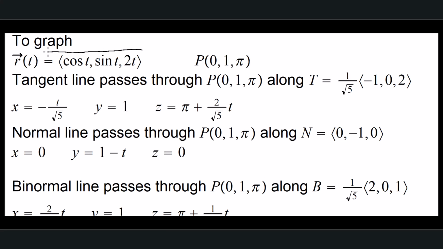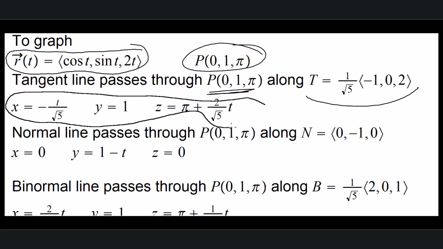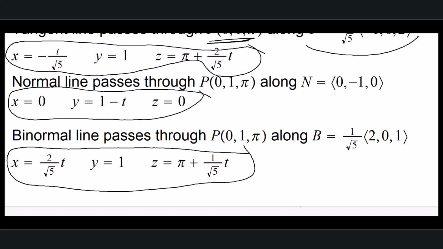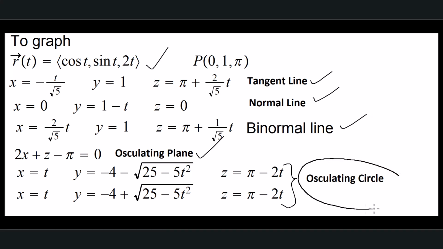So we have to graph the curve, and then the tangent line that passes through this point on the curve and is along this vector. So an equation is this. Likewise, the equation of the normal line is this. And then for the binormal line, we have this equation, and then we have the equations of the osculating plane and osculating circle. So let me quickly write all those equations down as a list for you. So let's graph these objects: the curve, tangent line, normal line, binormal line, osculating plane, and the osculating circle